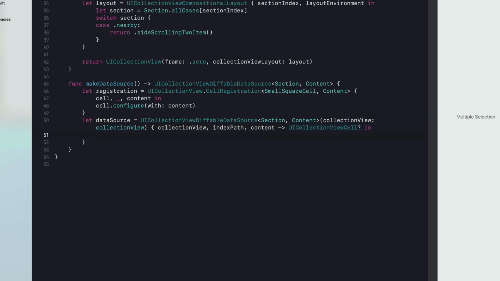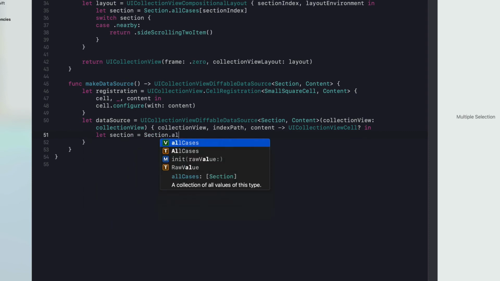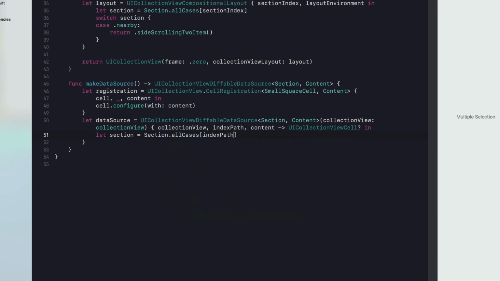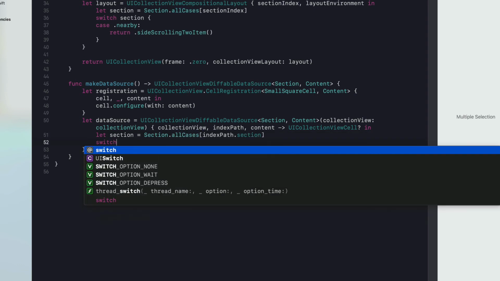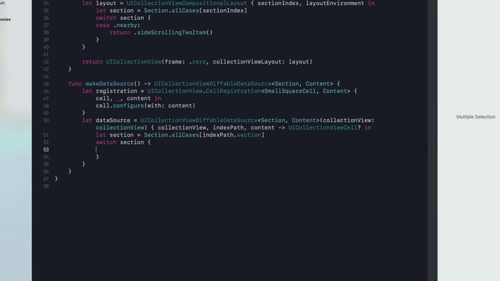So what we're going to do here is figure out what section we're dealing with. And this is why we made Section CaseIterable, because we're going to use allCases in a bunch of places. And the compiler will generate this for us just by us declaring that it's CaseIterable. So we're going to grab the section. We're going to switch on the section. If it's nearby,